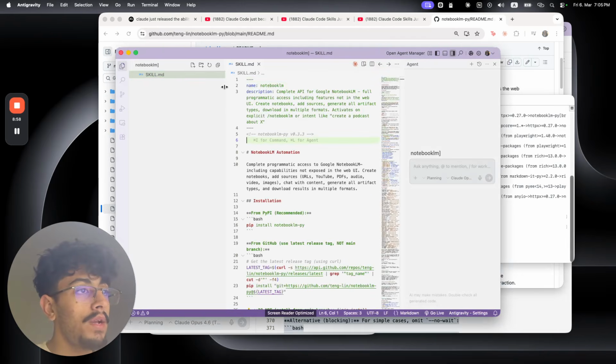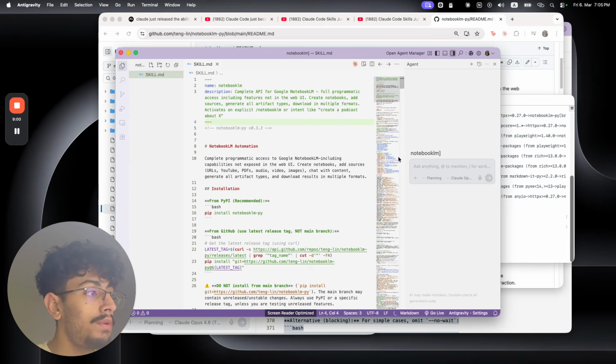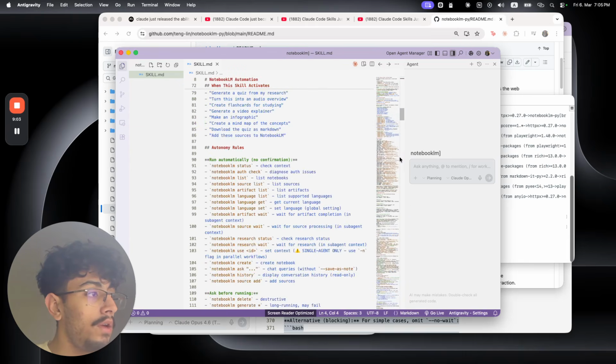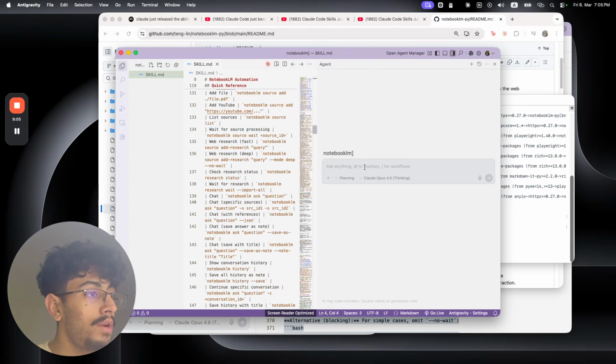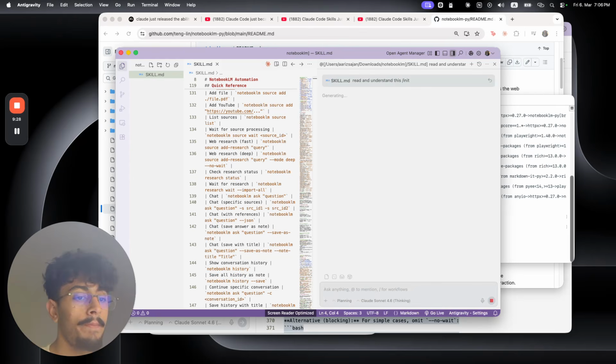Okay, now pick whatever model it is that you want to use. Personally, I would highly recommend you run Opus 4.6 or Gemini 3.1 High. Any of these are going to do. The 3.1 Pro High or the Opus or Sonnet 4.6 are going to be good. I could use Sonnet for now and bring this in here and say read and understand this. Let's run it to set up. You can just type slash init. Okay, so this is going to read the file, understand what we need to do,